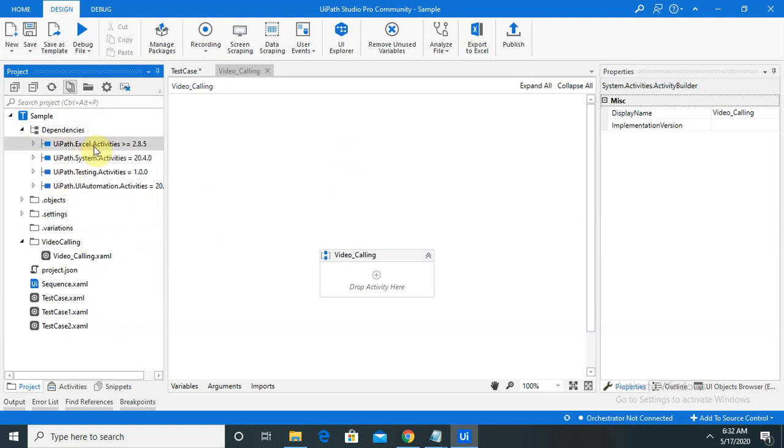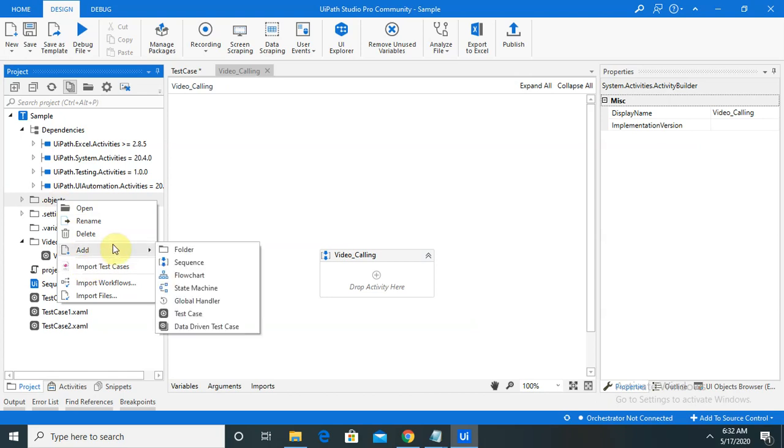Managing any dependency is very easy. You just have to click on manage and it will be managed. So in the test management suite, it's very easy to manage all our test cases and all our test data in a simple way. It's very easy to use that feature in a testing perspective.